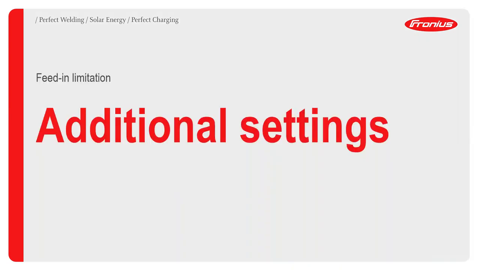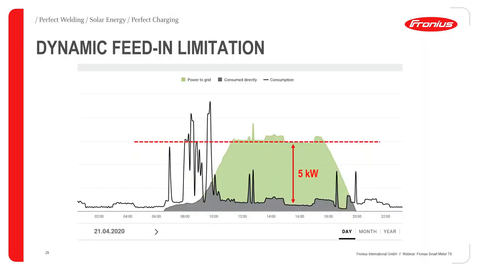Okay, now to the last topic for this webinar. It's about the additional settings which can be done. For example, the feed-in limitation. Here we have pictured the data from Fronius SolarWeb of a system which has currently activated this dynamic feed-in limitation. For example, in our neighbor country, Germany, they have a nationwide rule which states that they are not allowed to feed in more than 70% of the kilowatt peak of their system. It's a simple rule which everybody has to follow, and in this case, it just cuts off